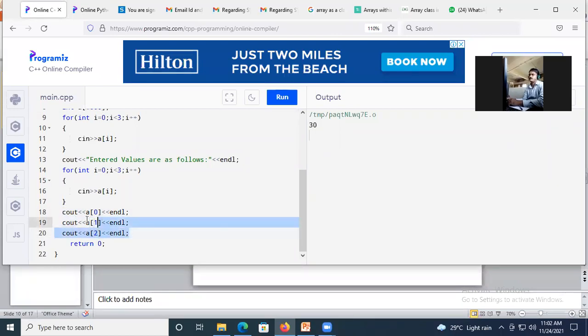No, it's not a good practice. So for that, use some programming concept which we have learned earlier, like using for loop or while loop, do while loop. Likewise, here I'm going to display the array elements.